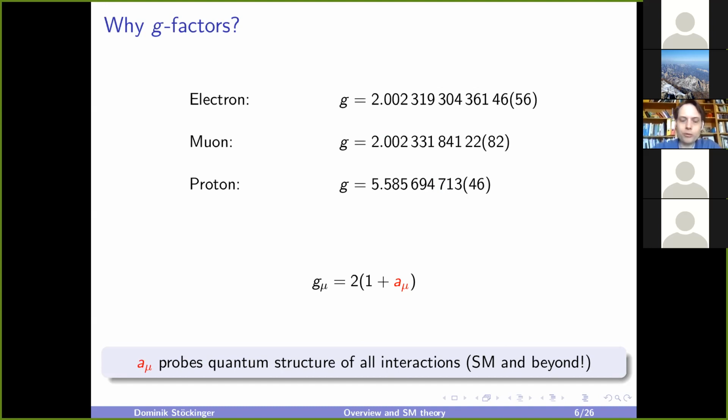Whereas you see immediately that the muon is a heavy cousin of the electron. They behave essentially in the same way. And now, of course, we know that the reason is that they are both leptons of the first and second generation, which have almost the same interactions, but not exactly the same. But the muon is more sensitive to the fluctuations of heavy particles, and that is why its G factor is a little bit larger. And this is also why the muon is more interesting for us in particle physics, because it is a better probe of potential physics beyond the standard model.